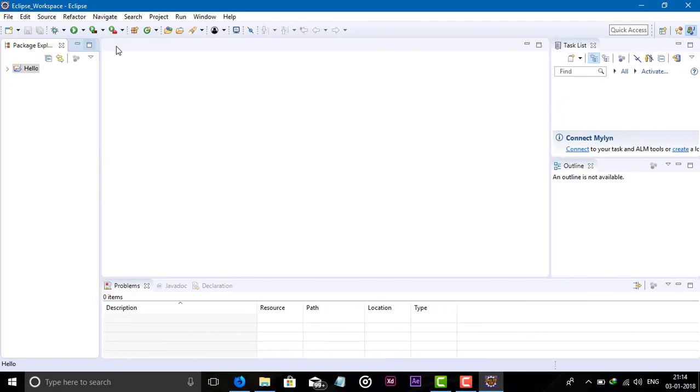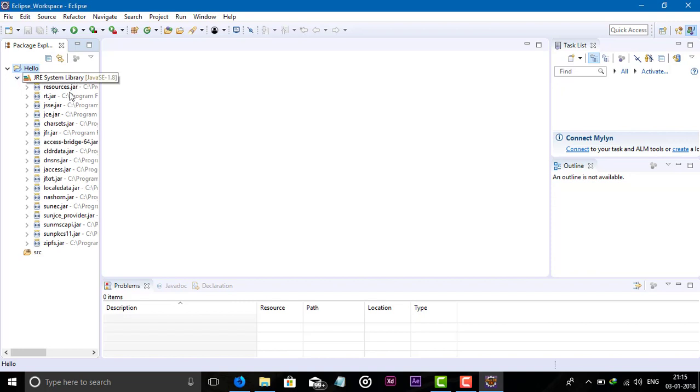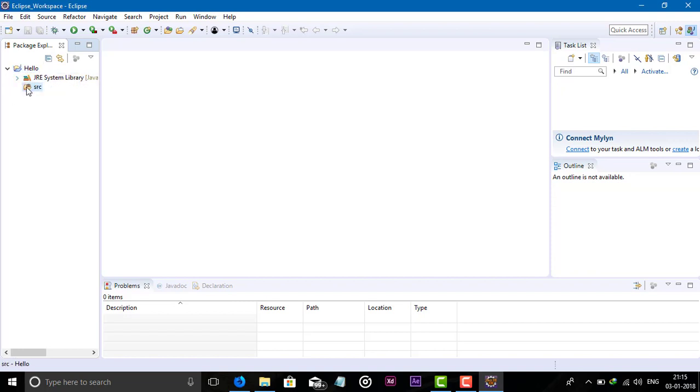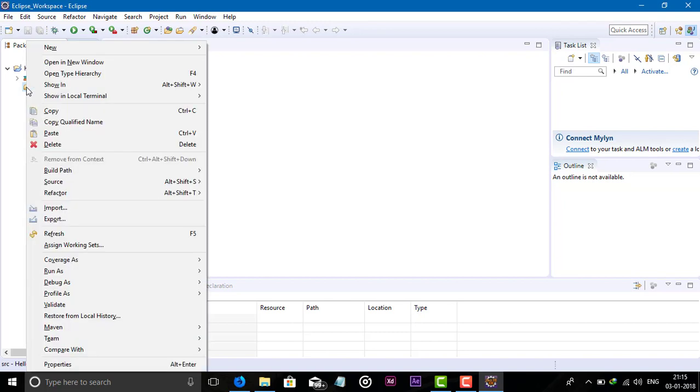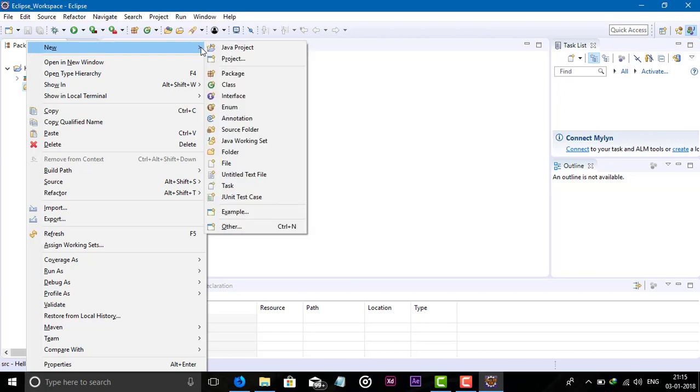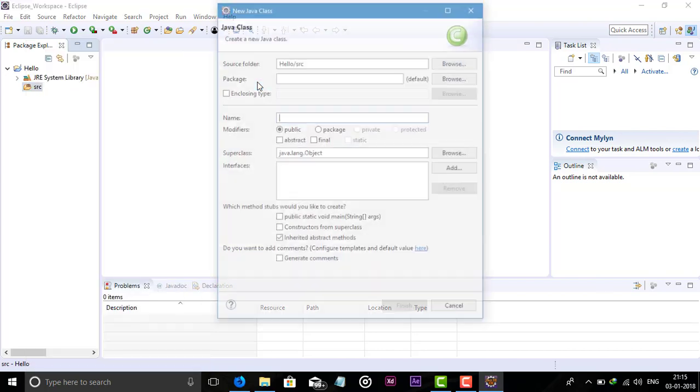So let's see how to create a class. We can also see the JRE System Library imported here. On the source folder, just right click and we can add a class like this.